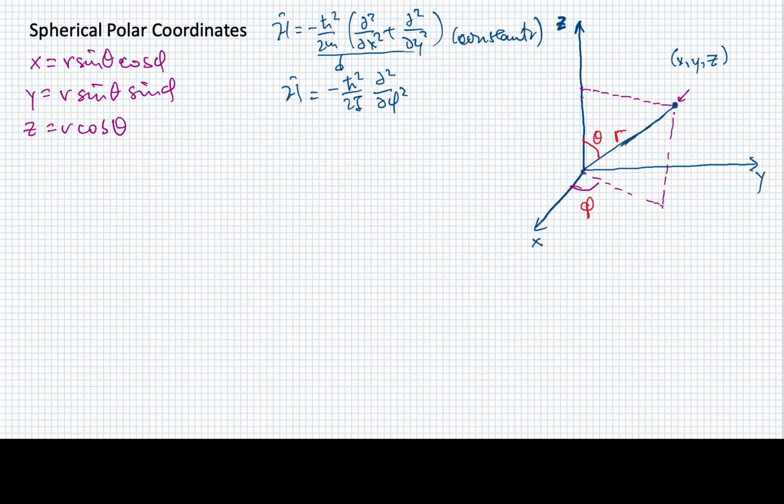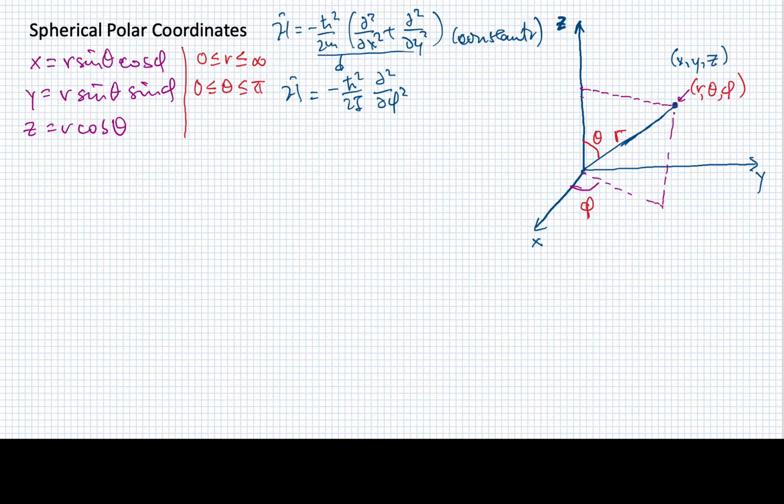So we can see that by defining r as the length here, theta as the angle with z, and phi here, this is the set of transformations that we would have. So now we can write this point, instead of being x, y, z, it's r theta phi, and they both define the same point. Now I'll note that r runs from 0 to infinity, and theta runs from 0 to